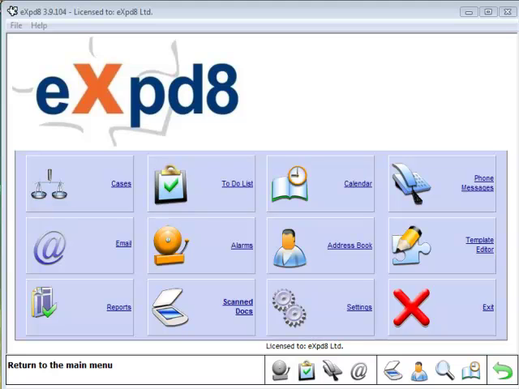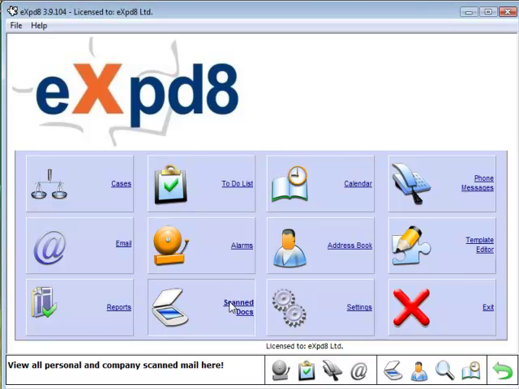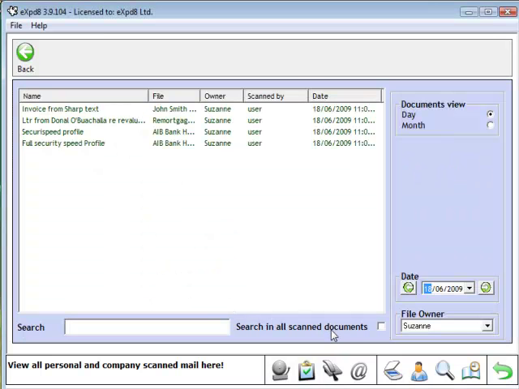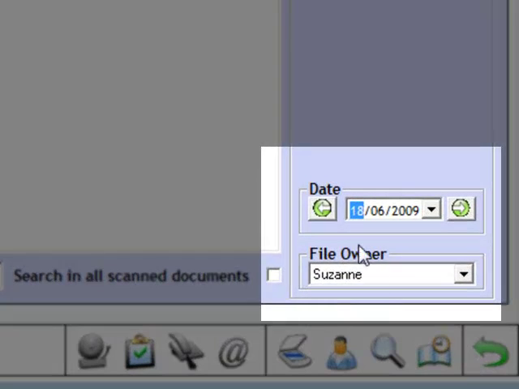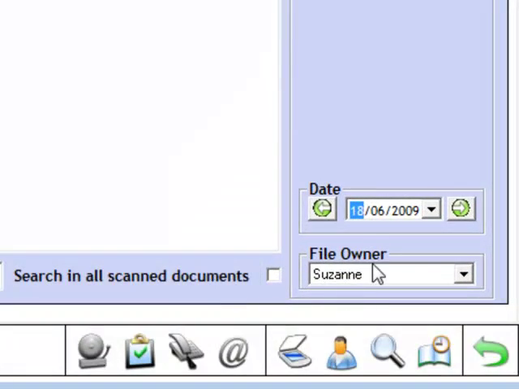Welcome to eXpd8. In this module, I'd like to show you how eXpd8 handles scanned-in documents, which is basically the post. From the home page of eXpd8, I'm going to click onto Scanned Docs, and it takes me into a view of anything that has been scanned into a file where I am the file owner and has been scanned